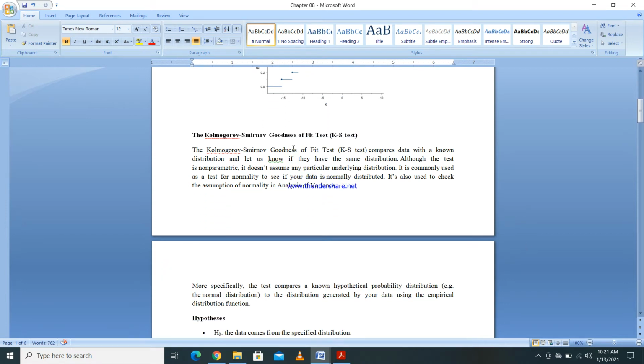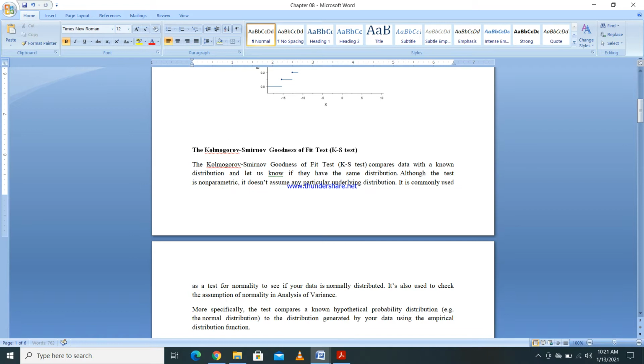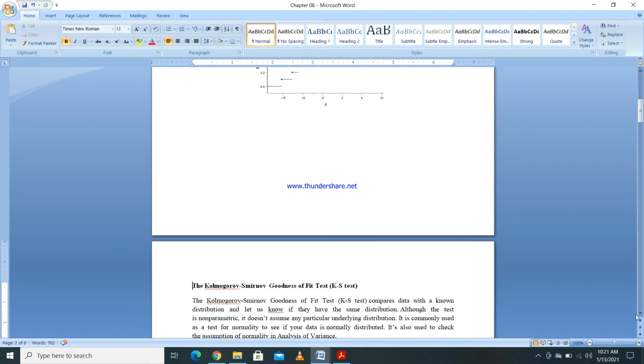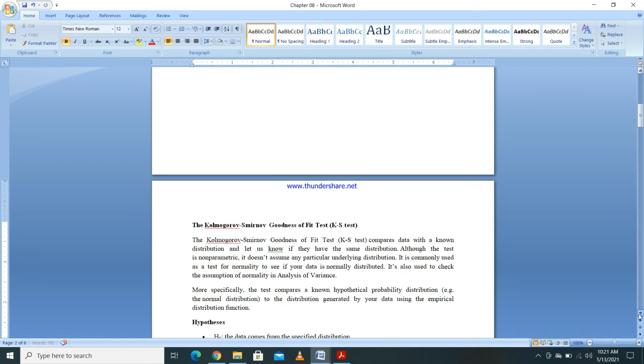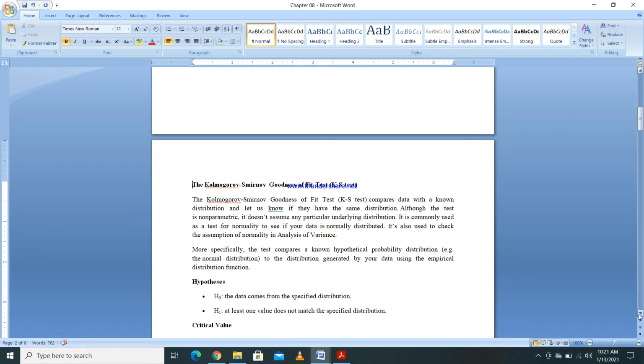Now when it comes to non-parametric methods, today we are going to discuss some other procedures. There are some cases where we want to test a particular data set. For example, let's say you have 20 data points and you want to check whether they come from a normal distribution. If you want to check whether a data set comes from a known distribution, you can use this KS test.